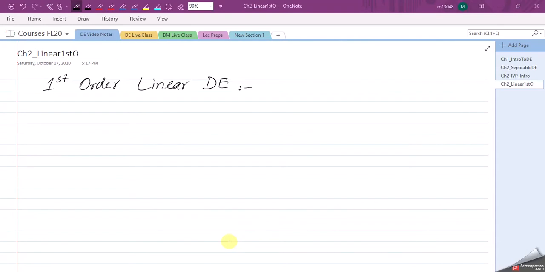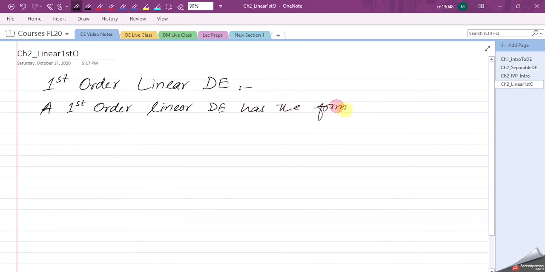First order linear differential equations. A first order linear differential equation has the form: